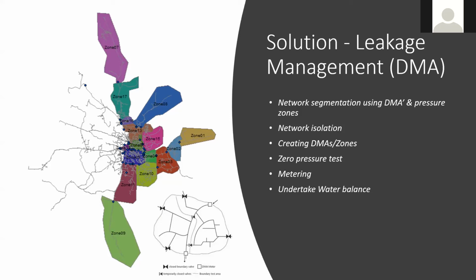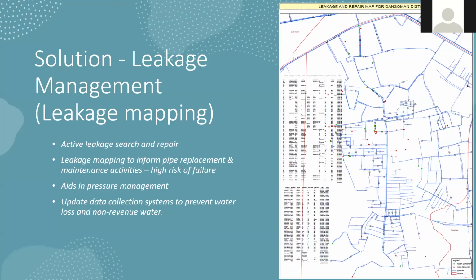So that is for DMAs. And then also for leak management. All these things culminate into higher non-revenue water figures. So to deal with it, we have to find a way of, first of all, trying to mitigate the losses we have in the system. So using the DMAs is one. Another approach is